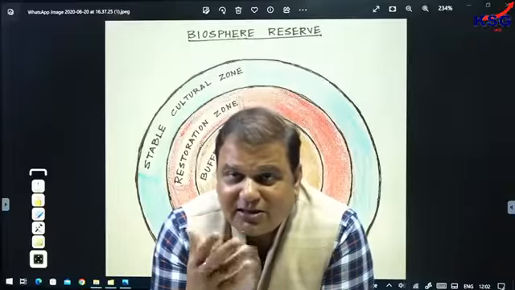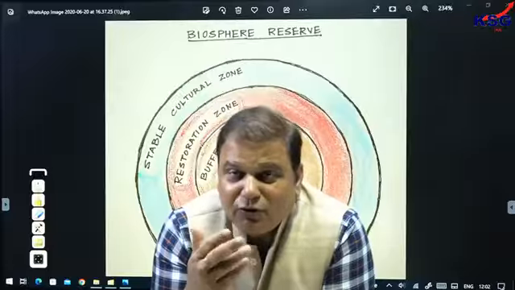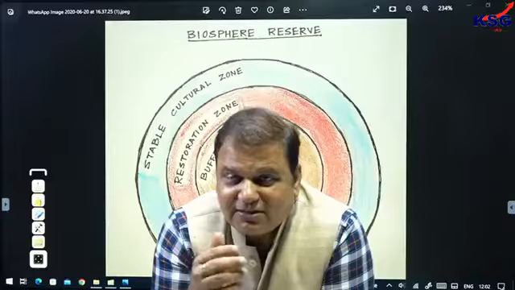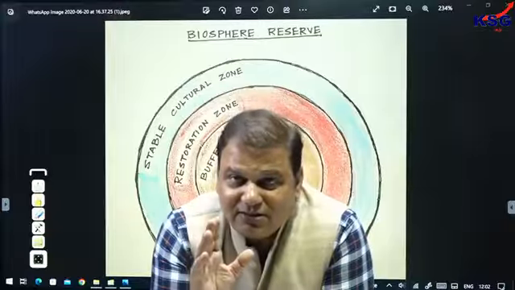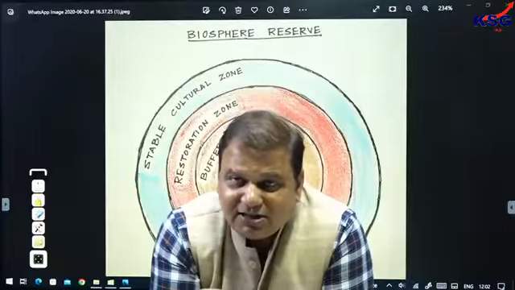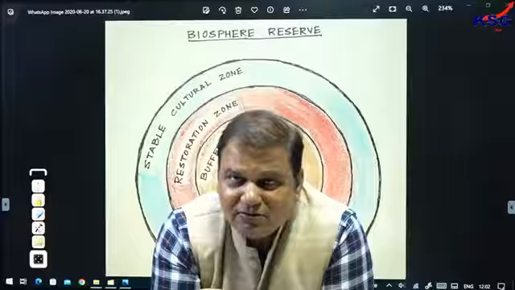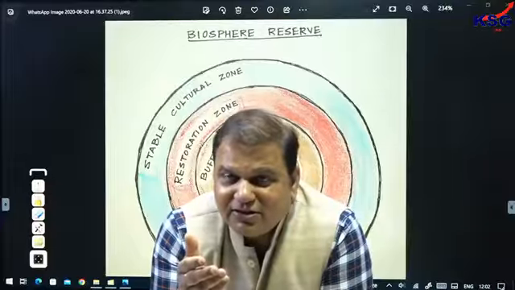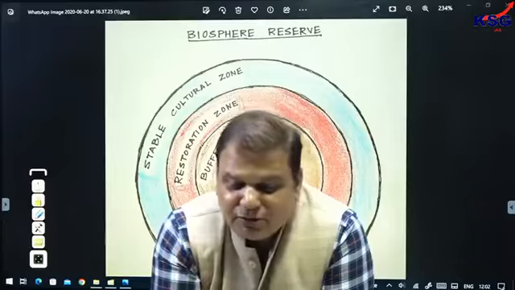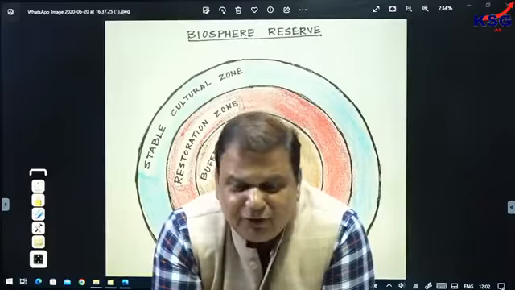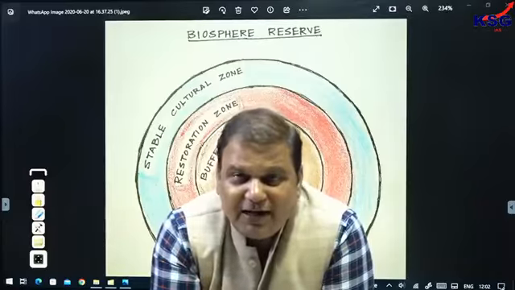So it's considered to be the most comprehensive protected area. For example, Kaziranga Biosphere Reserve consists of Kaziranga National Park also. Clear? So it's more comprehensive in nature. Fine. And as far as the differences between the two is concerned, if we talk about how human activities